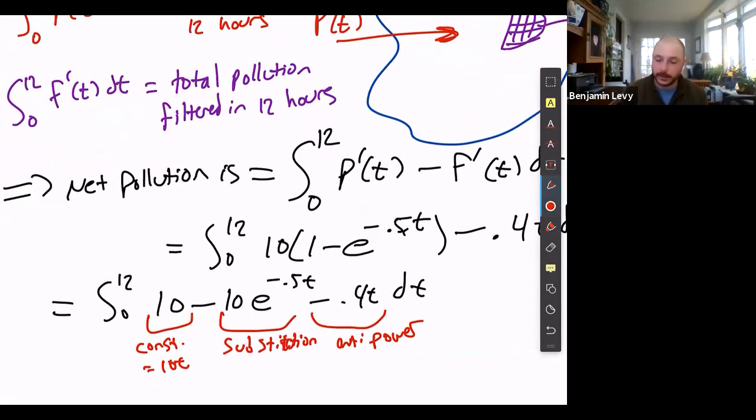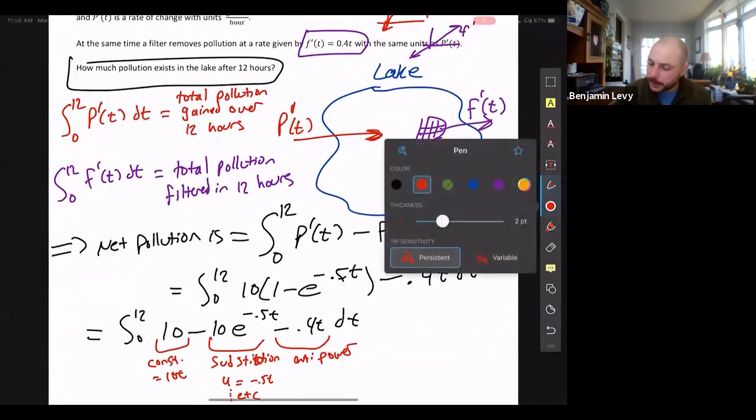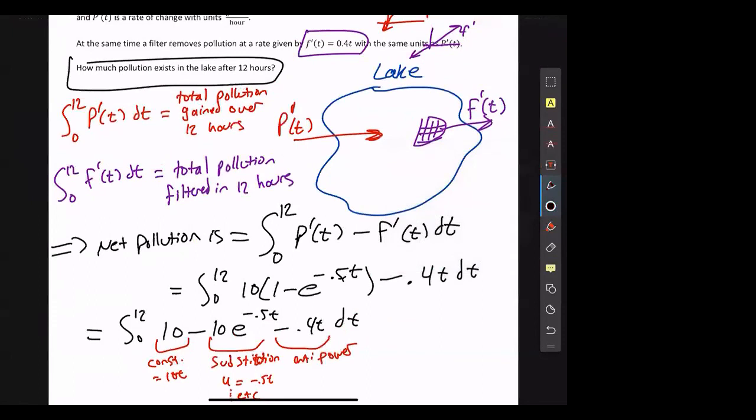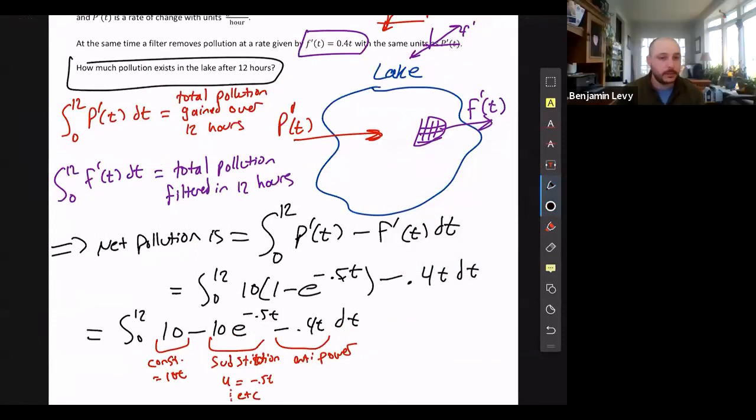All right. So you would do, I'm not going to go through the details since I'm at the bottom of the page, but you do u equals minus 0.5 t, etc. That's not really the point of this problem. We can look at those details if you want. The point that I'm trying to get out here is if we did this integration, if it's kind of clear, we know how to do it. We've learned techniques to do each piece, even if it's a little fuzzy. We would get approximately